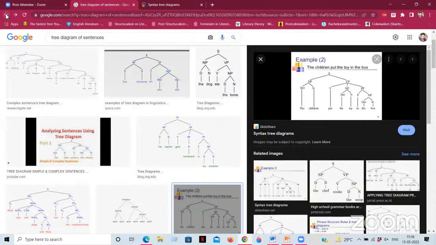Okay, so here we can find that there are two things in the noun phrase. One is the and another one is children. So the is a determiner, that is a definite article, and another one is a noun, that is children. So both these two together make the noun phrase, and in the verb phrase we have so many things. We have the verb that is put, then we have a noun phrase and a prepositional phrase. See here in the noun phrase we have the toy. Put the toy.